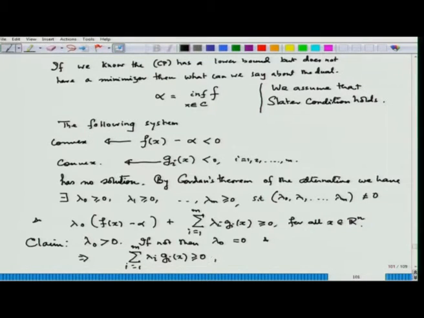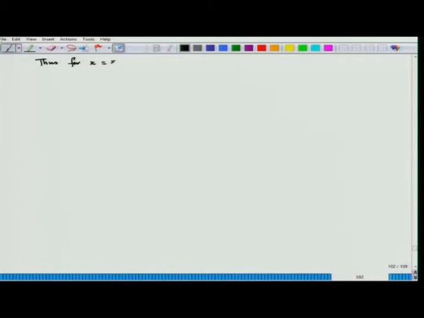Now, this expression holds for all x, because it had been true for all x. In particular it is true for the x hat for which every g_i of x hat is satisfied with a strict inequality. Thus, for x equal to x hat,